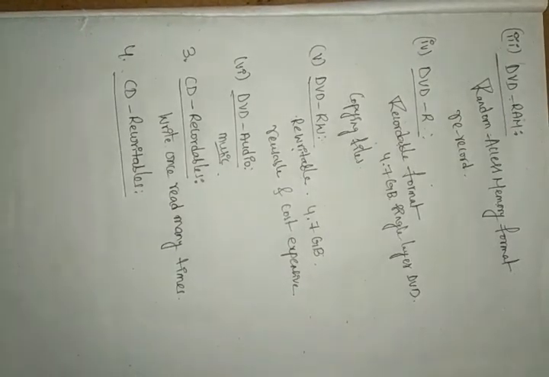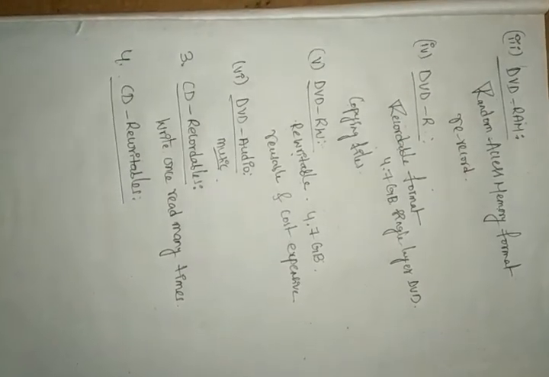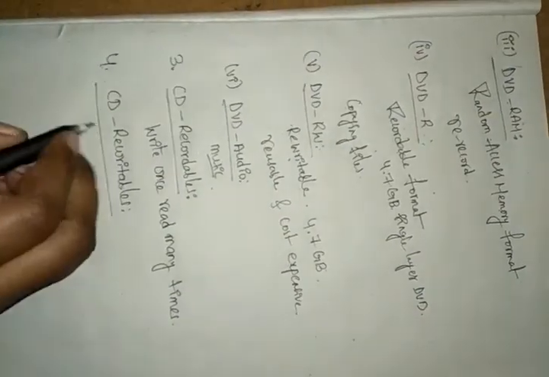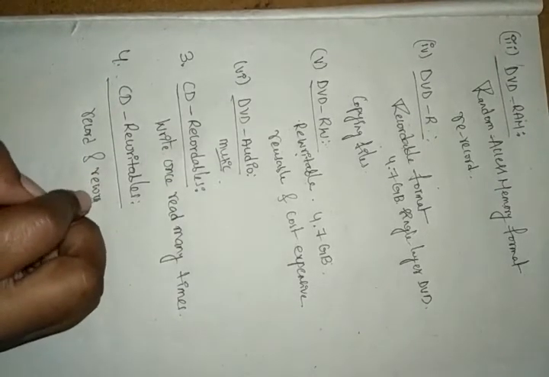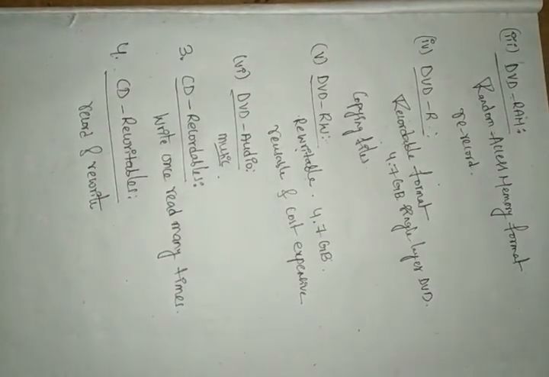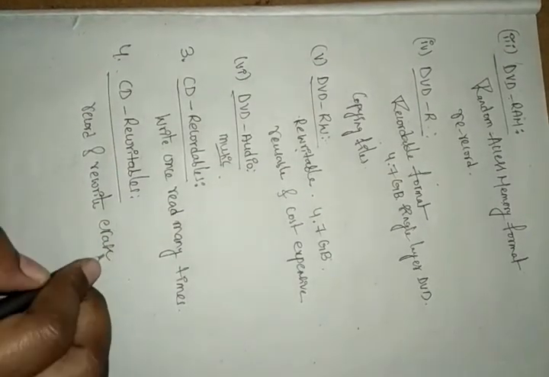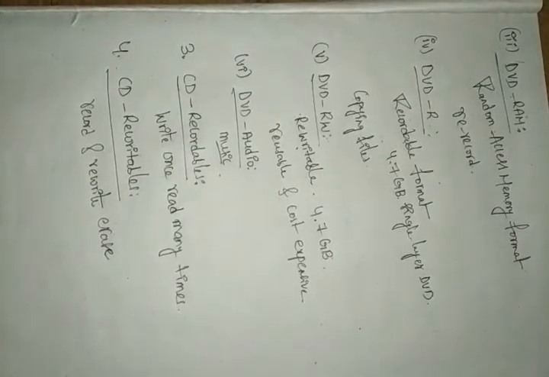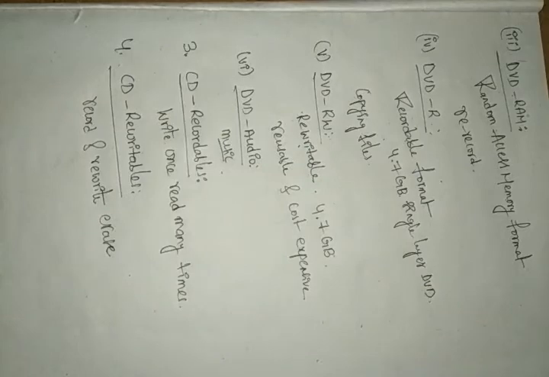This CD is one type of optical disc. We can record on it, we can write, or we can rewrite. We can write, or else we can erase on this. Users can use this multiple times, so we can also call this the erasable optical disc, and this disc has drives and software.